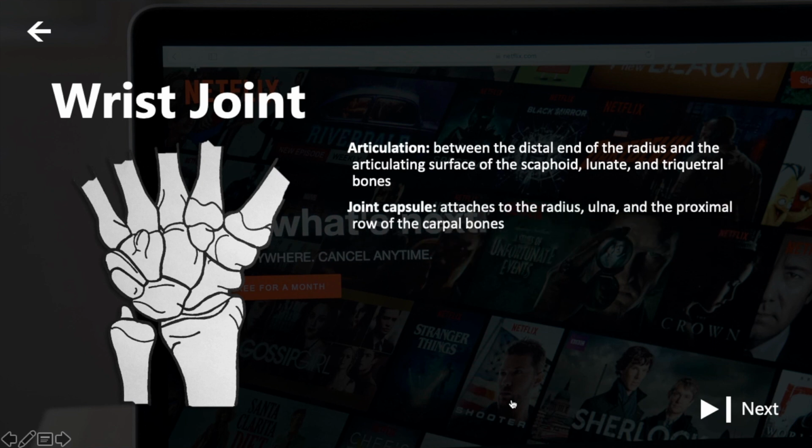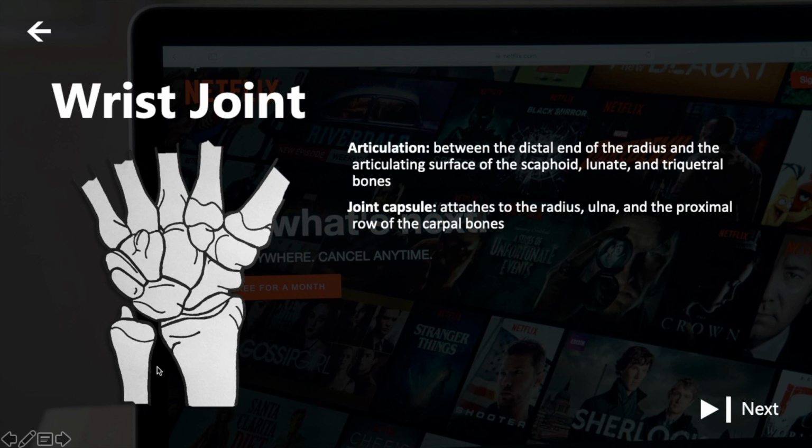So like any other synovial joint, its capsule is dual-layered. The capsule encloses the joint, and its outer layer is attached above the distal ends of the radius and ulna and below the proximal row of carpal bones. The internal layer is composed of a synovial membrane that secretes a lubricating fluid called the synovial fluid. So in this cavity or space right here, we can see that the ulna is not attached to the carpal bones, and this cavity is filled by the articulating disc and all the other medial ligaments